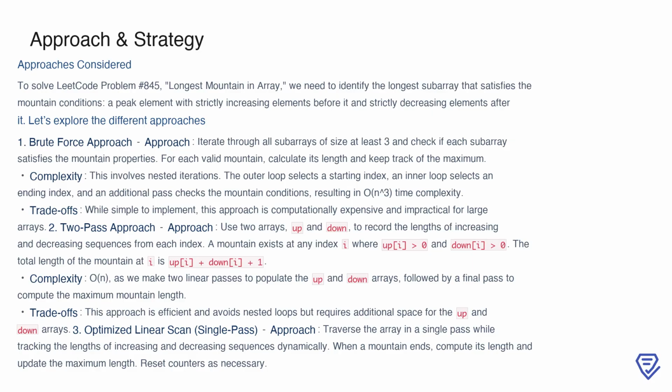However, this approach involves 3 nested iterations, one for the starting index, one for the ending index, and one to validate the mountain conditions. This results in a time complexity of O(n^3), making it highly inefficient for